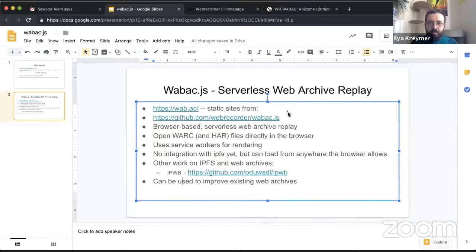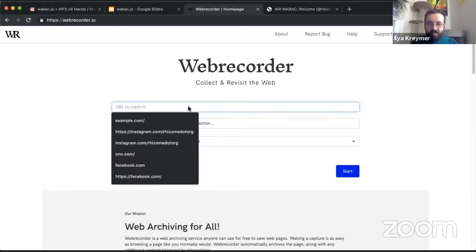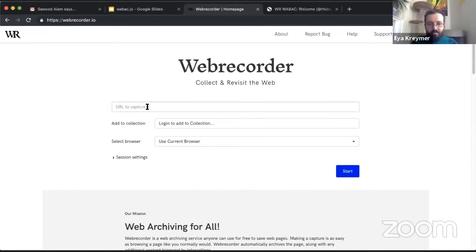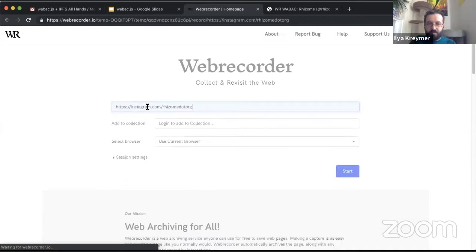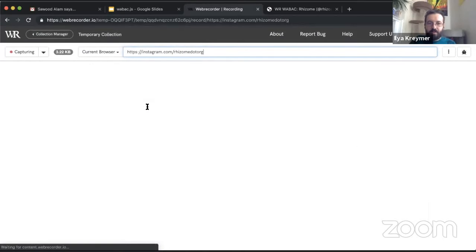And the idea with Web Recorder is that it's basically a tool for anyone to use to archive browser traffic as you're using it. The basic idea is that anything that you enter into the browser is captured, and then you could replay it. So for example, I work for a nonprofit called Rhizome, and I could archive Rhizome's Instagram feed. And so I enter the URL,